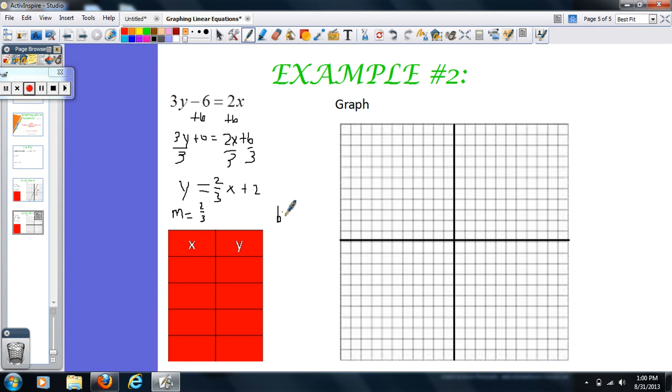and b is 2. So I'm going to graph 2, and my x is 0 because that's my y-intercept. So we're going to go 0 up 2, which is right here. That is a terrible point, so actually let me redo that. Right there. Okay. And then let's go ahead and I'm going to use the slope for